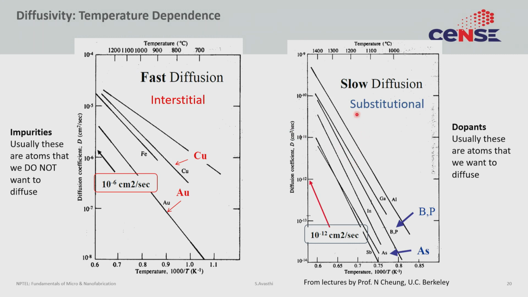But because they are substitutional, they have higher activation energies and smaller diffusion values. So, their diffusivity is around 10 power minus 12. So, you see this is 6 orders of magnitude different. So, the things that we want to diffuse slower, diffuse faster, and that